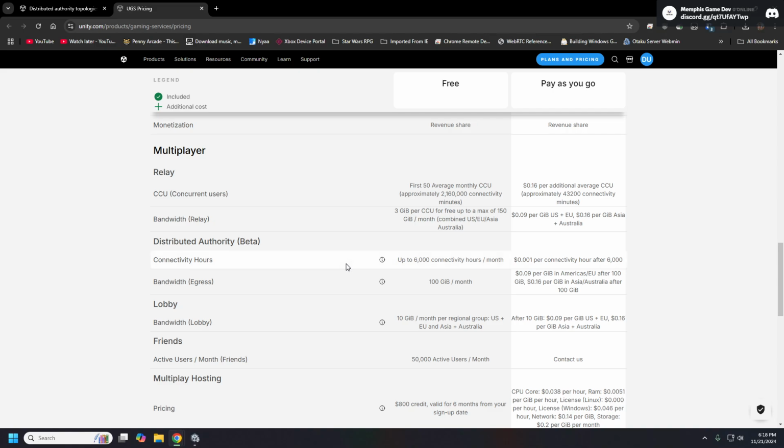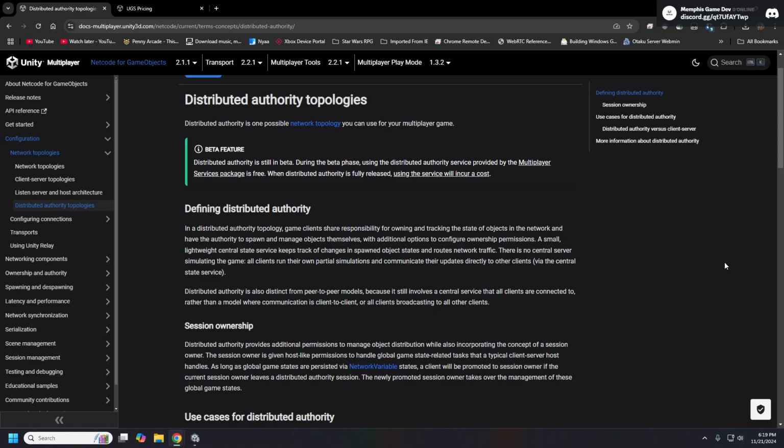But I did want to point out that there is a cost to using this, as it is a Unity service.